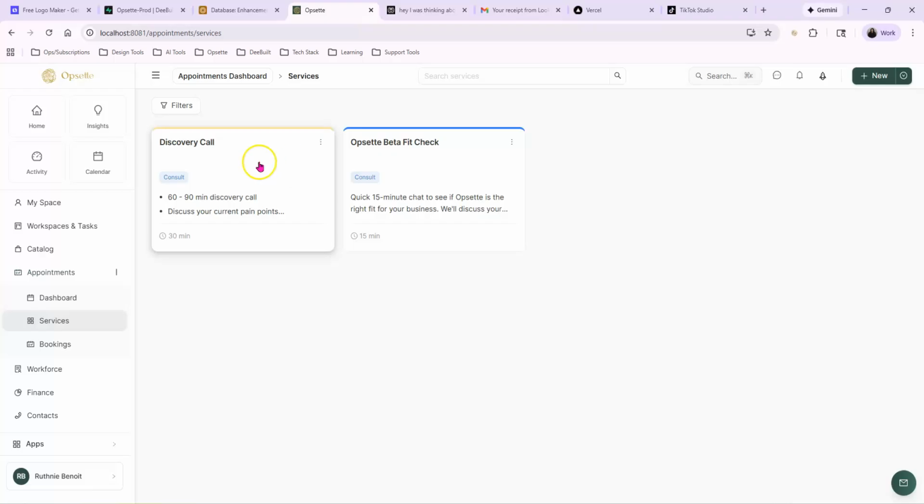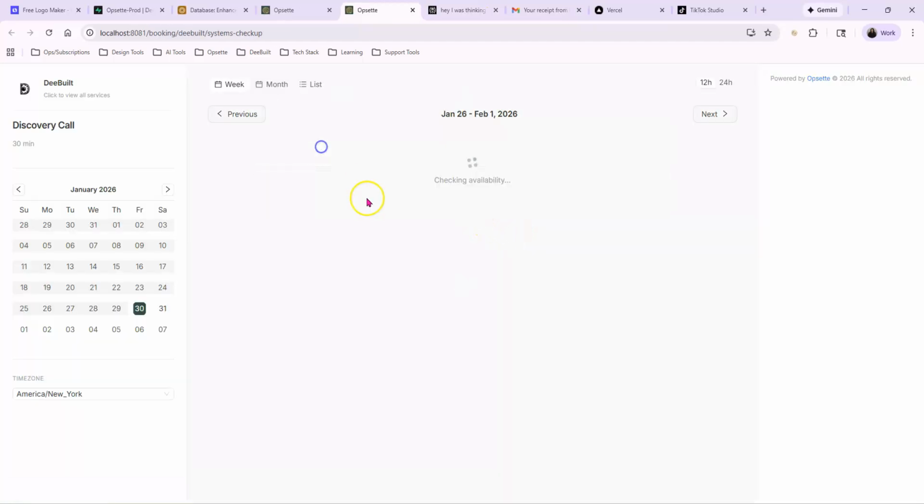So services. This is where you can set up your own services. Like if you are a service company and you offer appointments, you can set them up, set up the times. You actually have a full booking page. So there's a booking interface. People can actually find you, make appointments with you. They'll get a confirmation. You'll get a confirmation, and then you can track the appointment inside of the app.